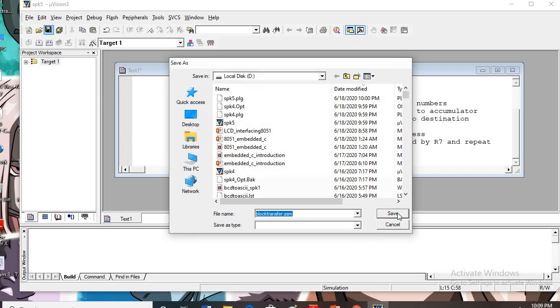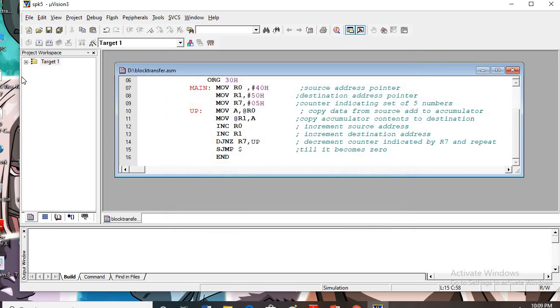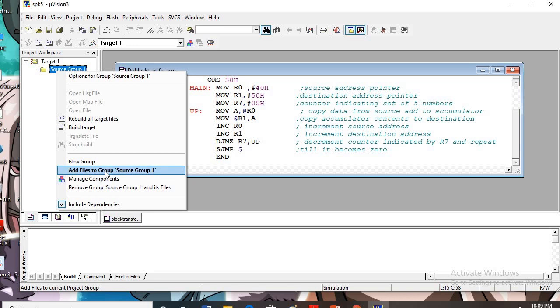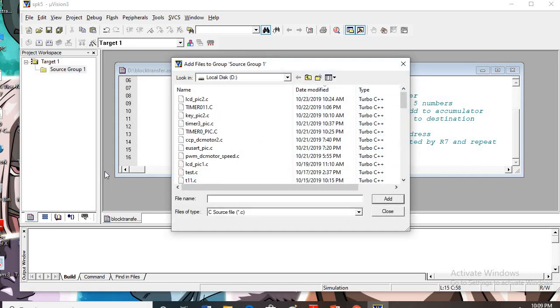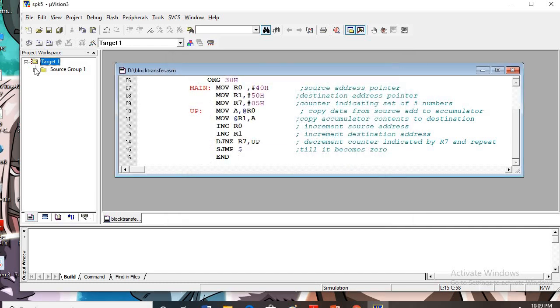Okay, save. Now first of all take it into the source group. So right click, add file. It is our name, block transfer.asm. Select that file, add it. Now close this window, go here, block transfer.